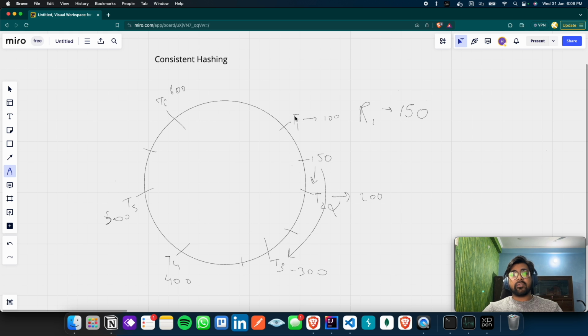But if T1 would not be working, T2 might be the initial element in the whole map, right? So it will be routed to the initial element in the whole map. Okay, this is why it's circular. So this is the basic implementation of what I have done in consistent hashing here in the load